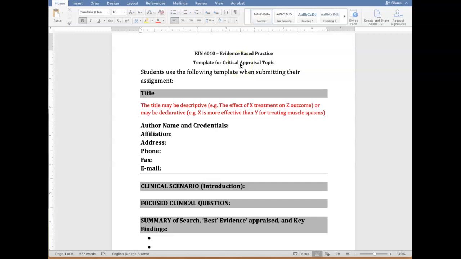Please note that the critical appraisal topic paper is the culminating project in this class. So at the end of 8 weeks, you will turn in a critical appraisal topic. With that said, I didn't want to wait until later in the class to at least introduce you to this template, to at least talk about the project and the expectations of the project. So I'm doing that very early on so that you can understand the importance of the paper that you are